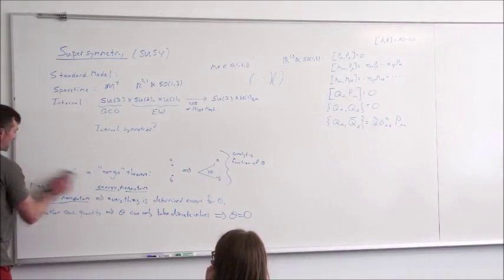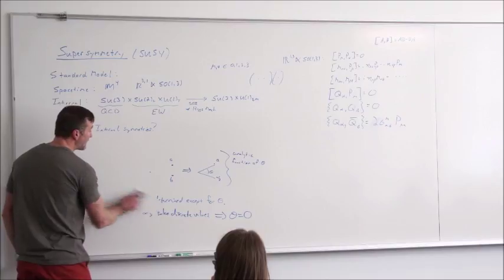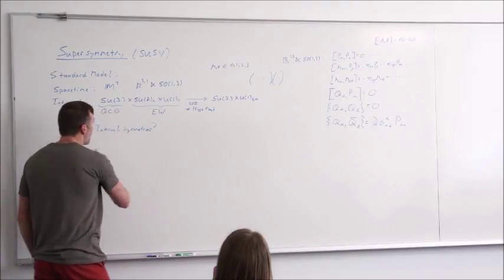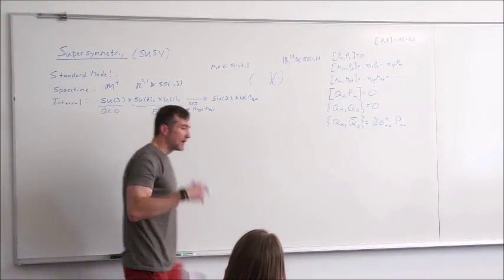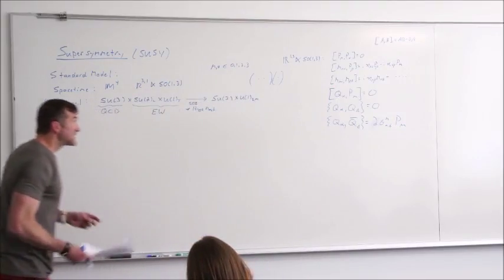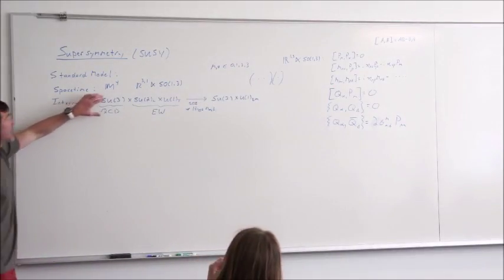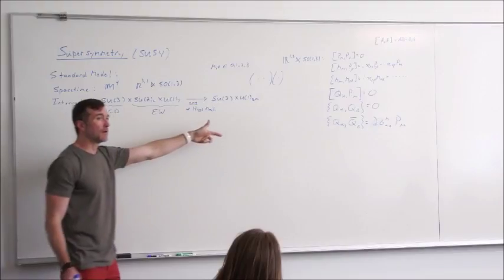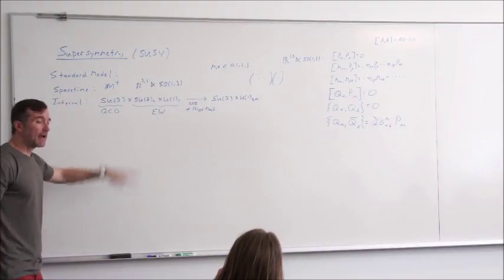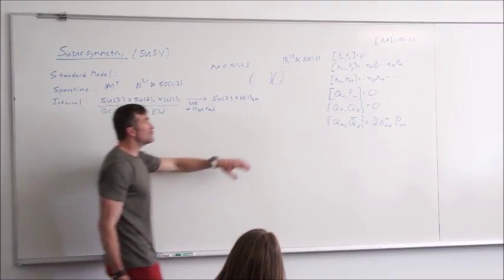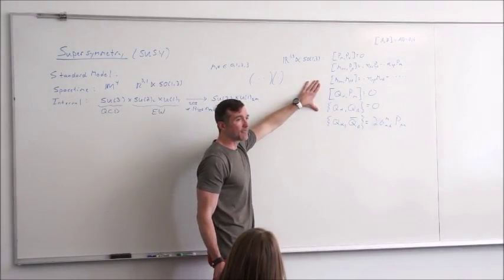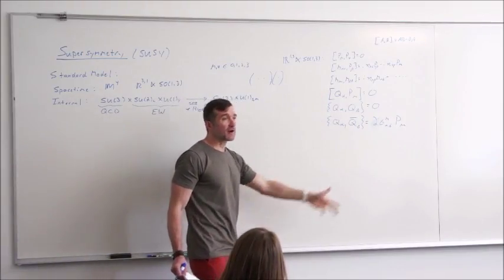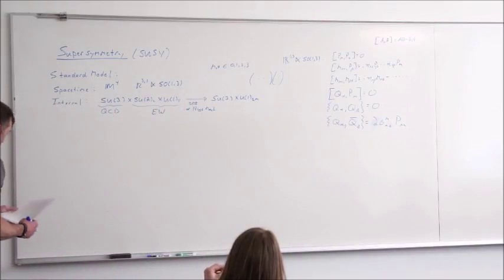So Coleman-Mandula, cuckoo on you. We found a way to get around you. Now, I have to say, though, that the Coleman-Mandula theorem is not lost, because what we discover is that, given the Coleman-Mandula theorem, this is really the only way to extend the group of space-time symmetries to be wrapped up with something else. Because any other thing you try is going to be ruled out by the Coleman-Mandula theorem. So there's a uniqueness to this extension. You can only add in another transformation that corresponds to a fermionic transformation. Okay? All right, so